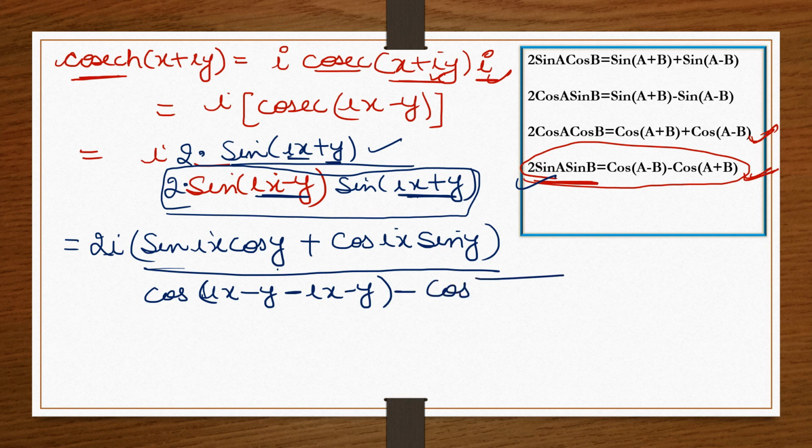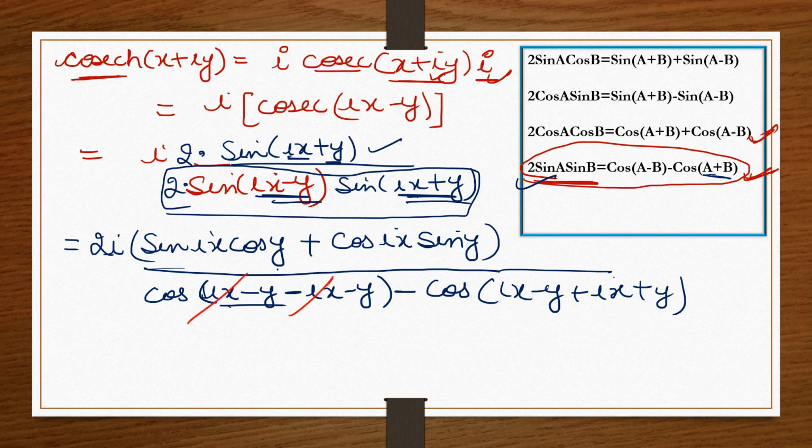Now see, add these two things, because we have a plus b, so cos of iota x minus y plus iota x plus y. Okay, so now what will be cancelled, which term can we cancel? This will be cancelled here, here you can cancel this y, and what will you get?